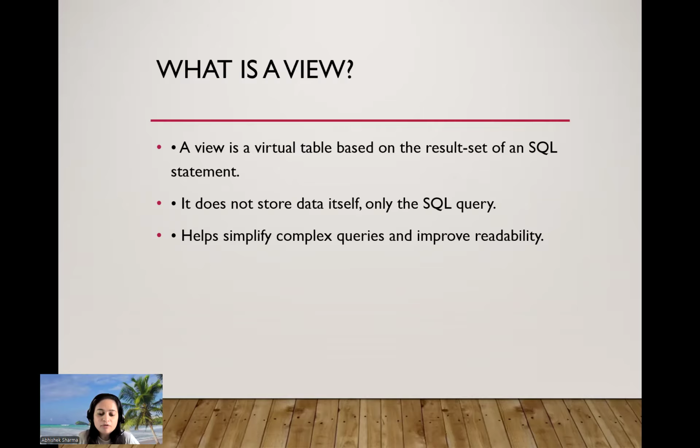Then the question is, if we just have to show the data, why are we creating it? Why can't we directly show the data using a select query? The view is a concept which is created for abstraction purposes. Let's suppose in your employee table you have certain employees and certain managers as well, right? And what if one manager wants to see the data of another manager, or of any other department? So it is privacy,